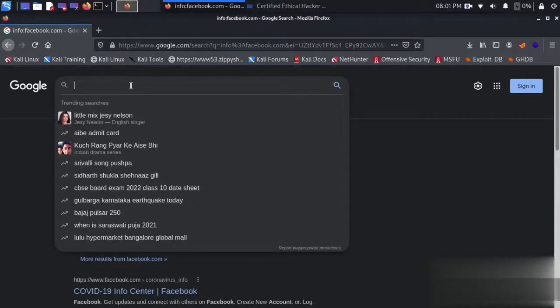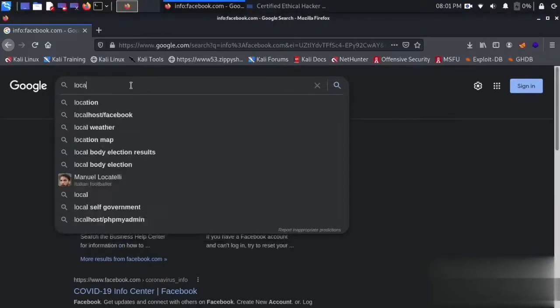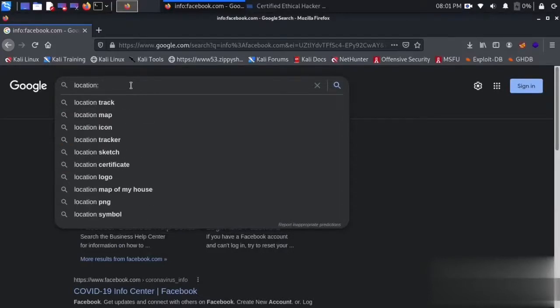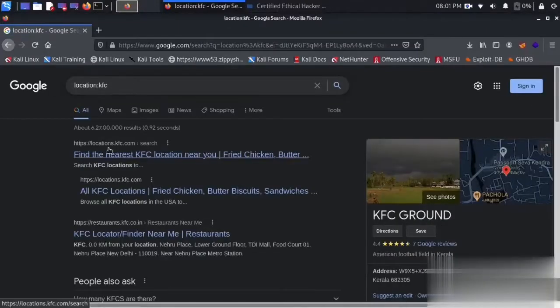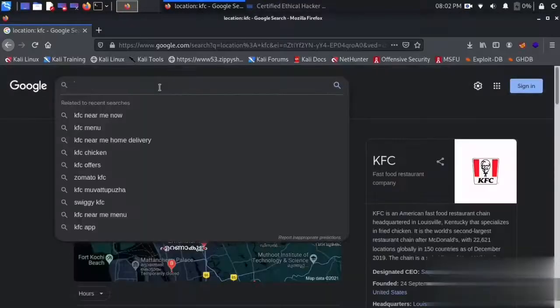Now let's change the query to location, which will give you results based on the term which is provided. Let's search for KFC, that is the location of KFC. As you can see, find nearest KFC location, KFC locator or finder, etc., which is basically providing location.